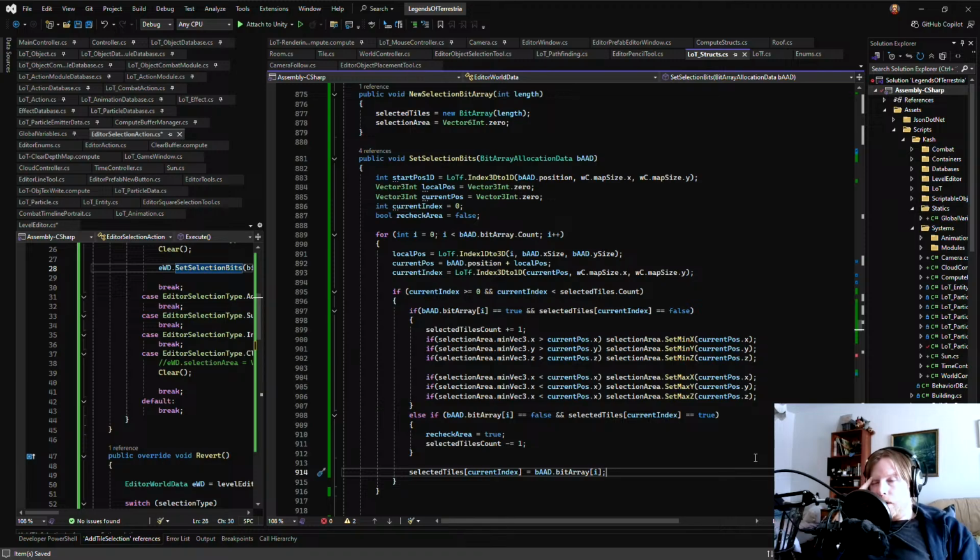But another way it could work is that the allocation bit array is actually which bits are set true for the operation, and then you can feed in an operation with it, like remove, and then every bit that is true in the incoming array means that if the tile is selected, like if both are true, then it should be set to false, right?